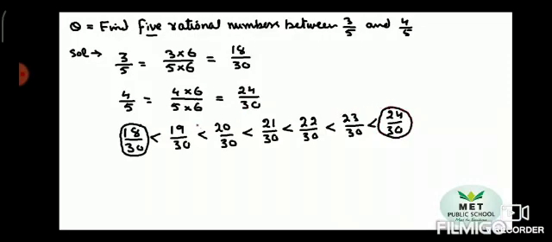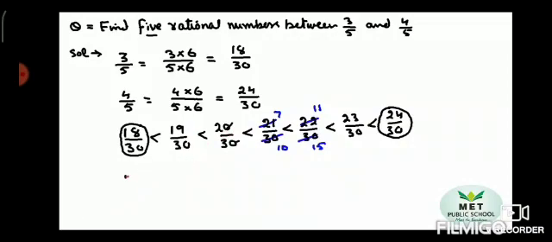Let us collect all the remaining 5 rational numbers in between. Before that, you can cancel the zeros in 20 by 30. In the next number, 3 sevens are 21, 3 tens are 30, so I am simplifying the rational number into its standard form. 2 elevens are 22 and 2 fifteens are 30. After simplification to the standard form, let us collect all the 5 rational numbers.